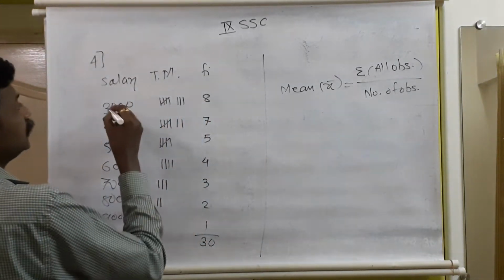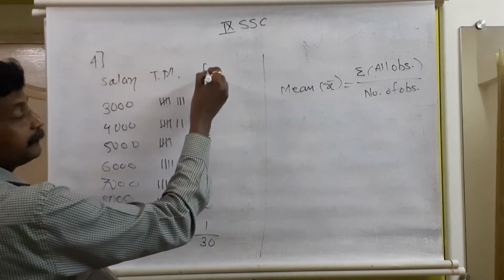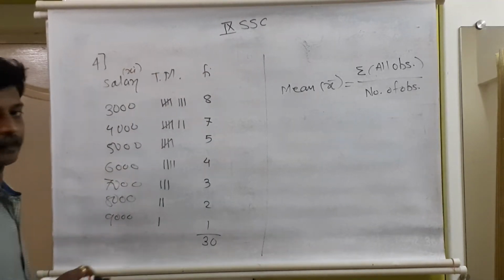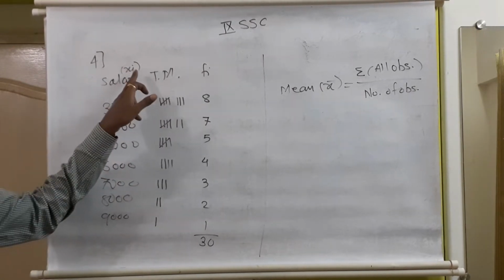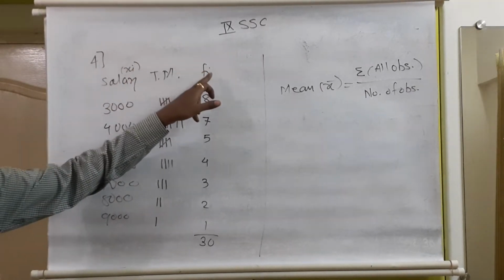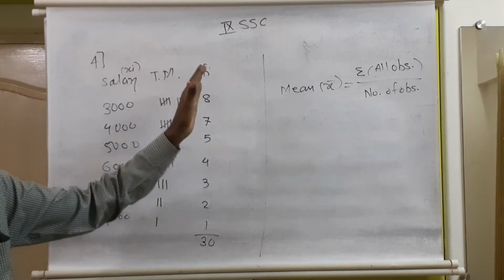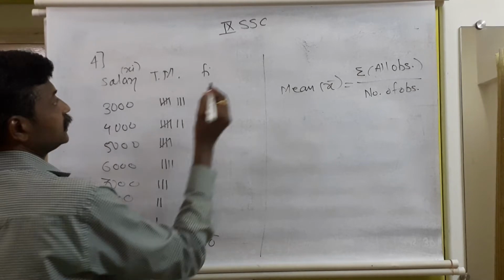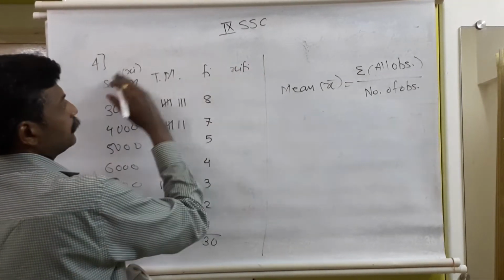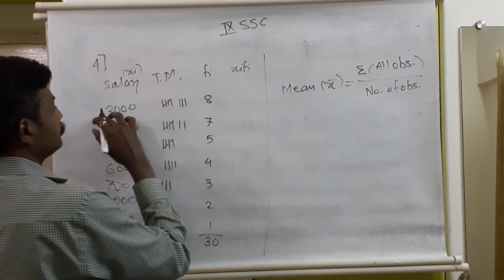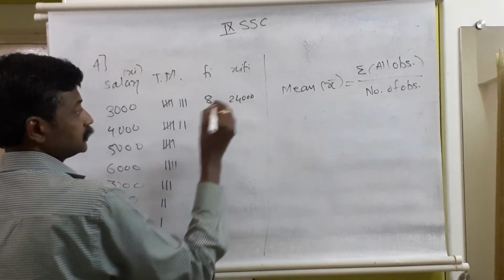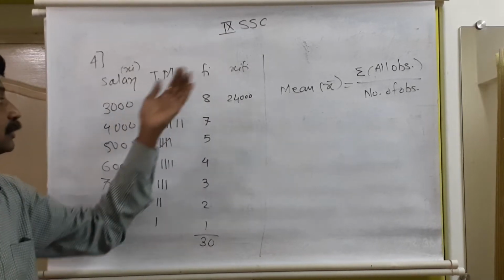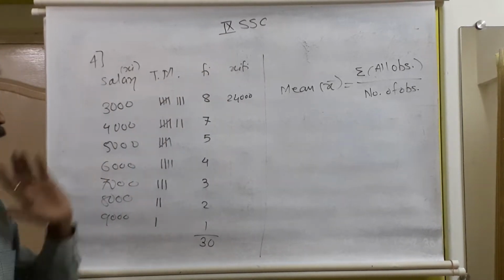So by product we will get the total easily. In the same way here, we'll take the product of salary and frequency. The observation we will name as Xi. Frequency means how many times it occurs in the given data, that is Fi. The product of these gives the total for 3000: Xi into Fi, 3000 into 8, is 24,000. So all the 3000s in the given data, 8 times, total 24,000.